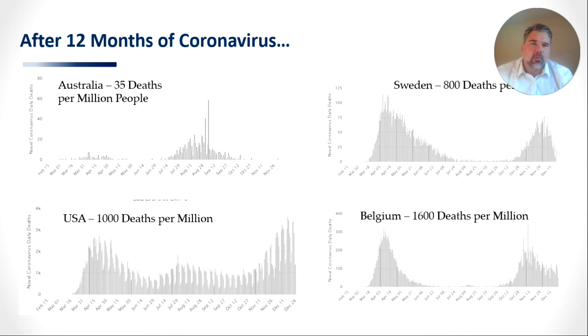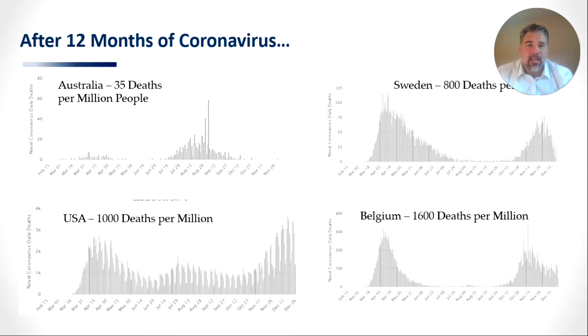So after 12 months, we're probably in a position to do a review of some of the countries out there and how they actually responded to the virus, and potentially how we responded collectively at a macro level too. If we look at the screen, we should see 4 famous cases. There's Australia. Now, their total deaths after 12 months were 35 deaths per million. They had a relatively insignificant first wave. They managed to control it fairly well, but then they dropped a couple of balls and they had a more